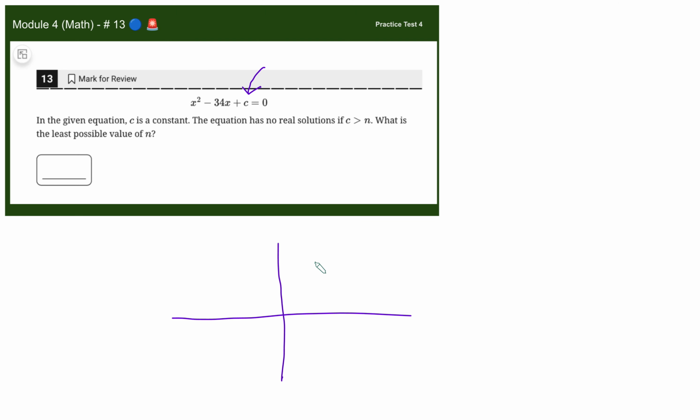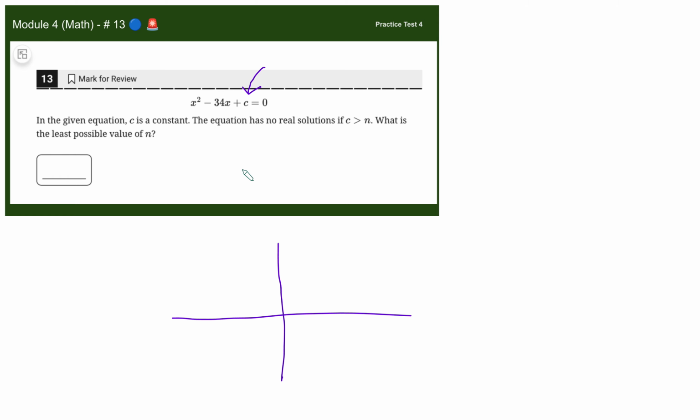With parabolas, if you had two solutions, it would intersect the x-axis in two places. And those are the two solutions right there. If it has one solution, then it would intersect at one point right there. It hit right there. That's one solution. And no solution means that it's not crossing the x-axis at all. So,